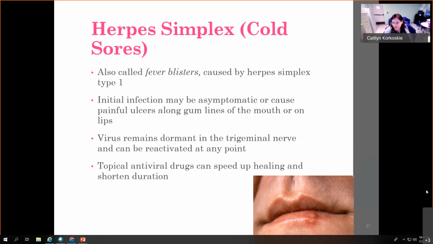Yes. So when you're younger and you get chickenpox, basically when you're older, you are at risk for getting shingles, which is pretty much just a reactivation of that virus. So it settles into one of the nerves in your body. You never know what nerve it actually settled into until you get shingles. You don't necessarily, because you had chickenpox, get shingles, but it is more common for you to get shingles